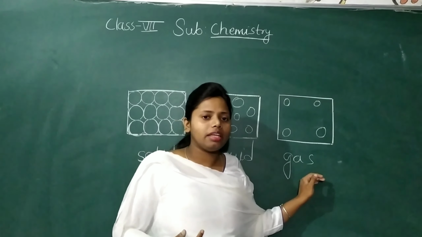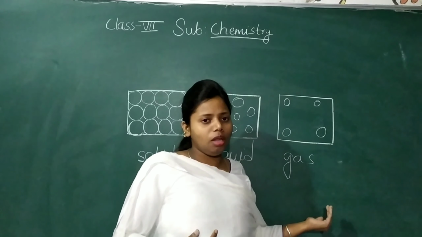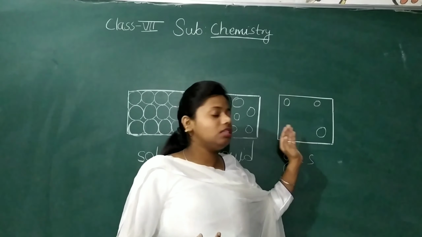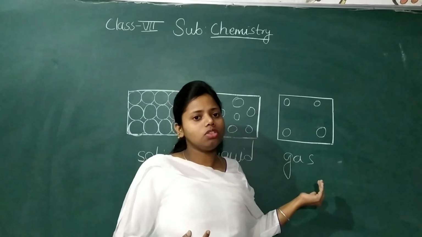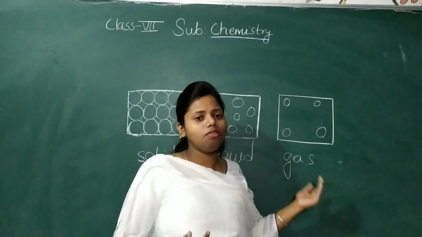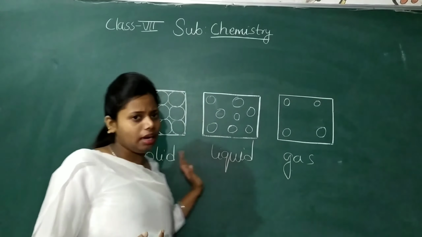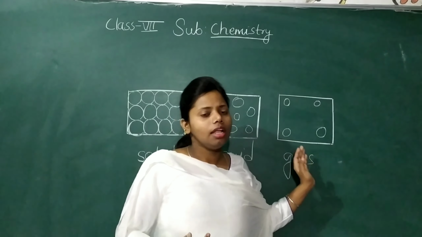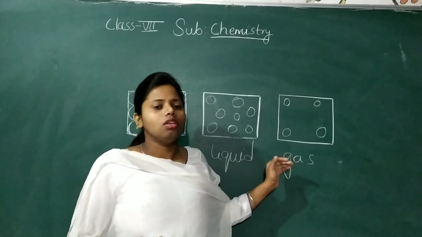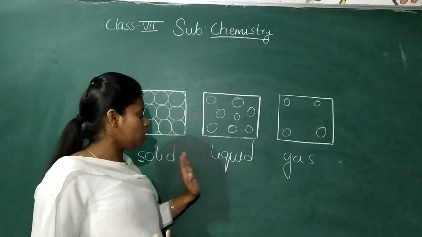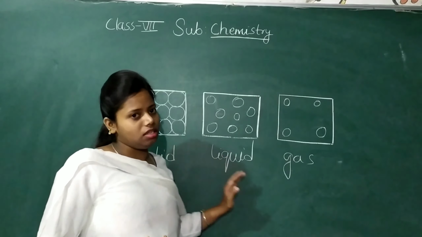And in case of gas, what we have seen is that it does not have fixed volume, it does not have fixed shape. Now why? Because the particles in gas are free to move here and there, because the interparticle force of attraction is very weak compared to solid and liquid, and there is enough interparticle space. Gas is very loosely packed. Okay, so these were the three states of matter: solid, liquid and gas. Now I will explain in terms of the arrangement of particles in these three states.